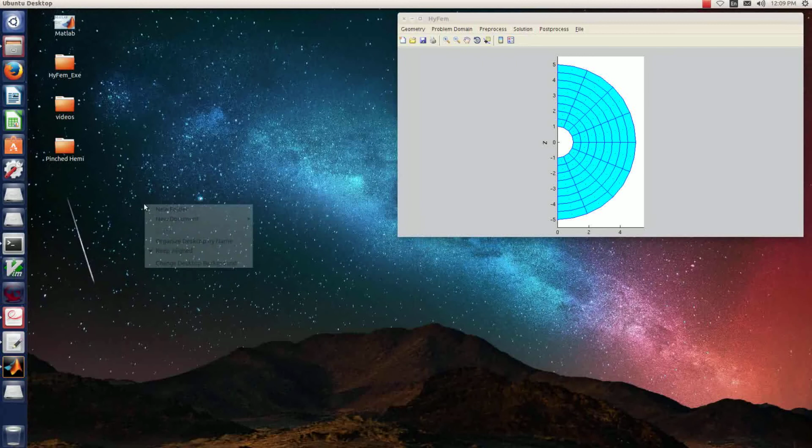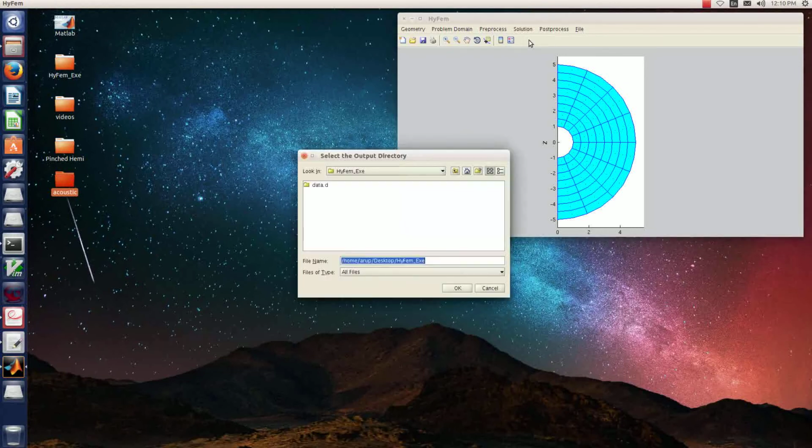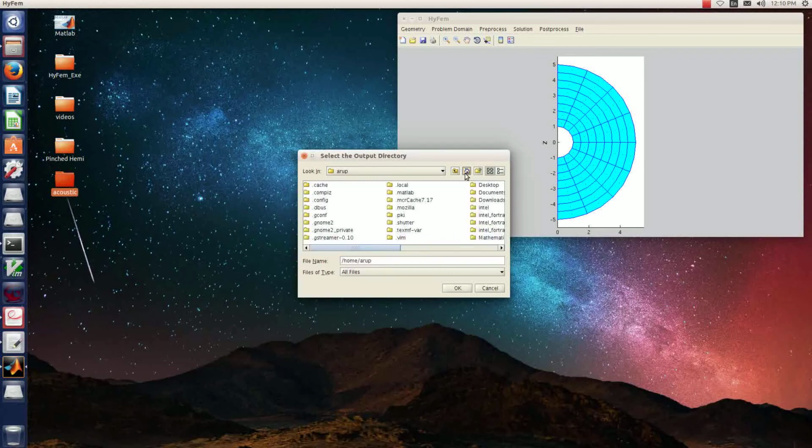Now we will create a folder acoustic on the desktop. We will store result files, geometry file and boundary condition file here. By solve, now we have to give the path of that folder.